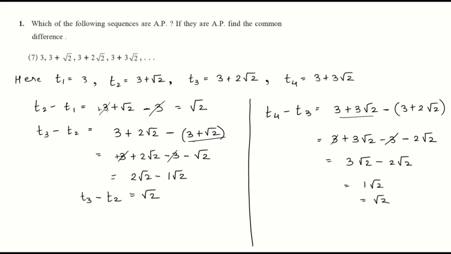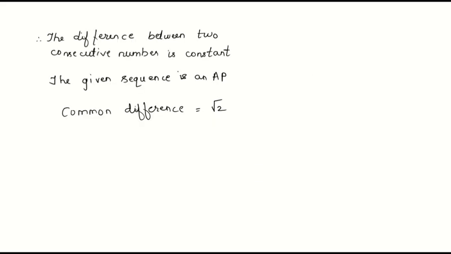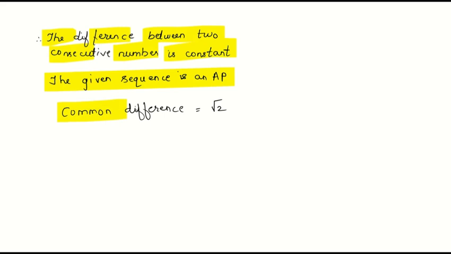If you see, we have the difference as root 2 which is common here, here and even here. Therefore the difference between two consecutive numbers is constant and the given sequence is an AP. What is the common difference here? It is root 2. Moving on to next, it is,